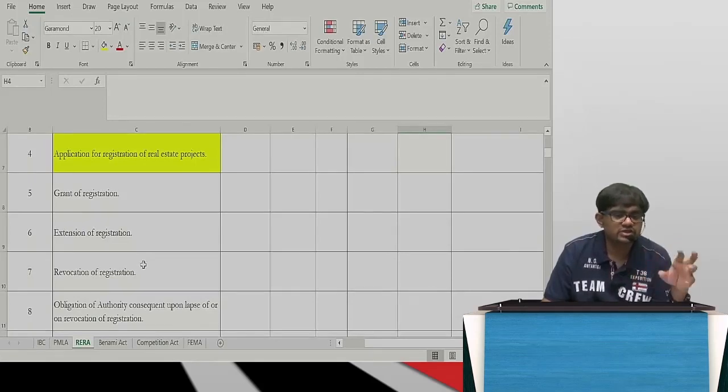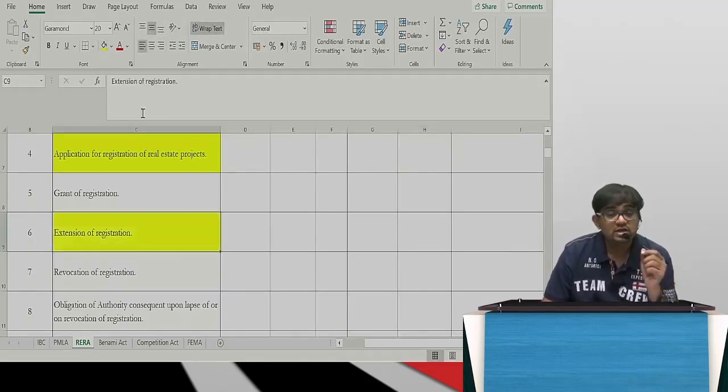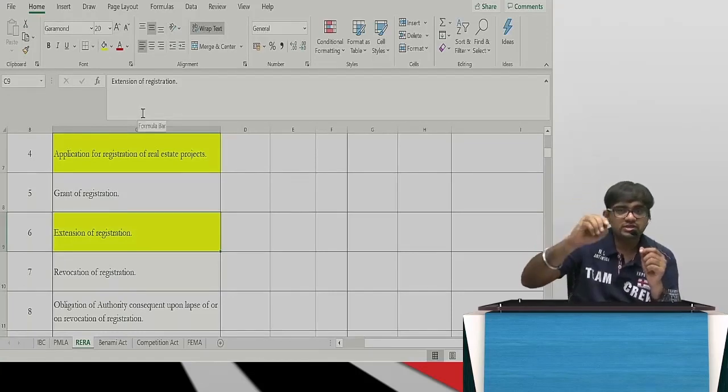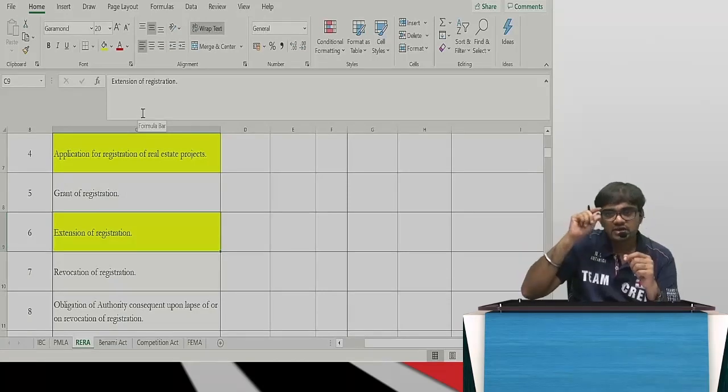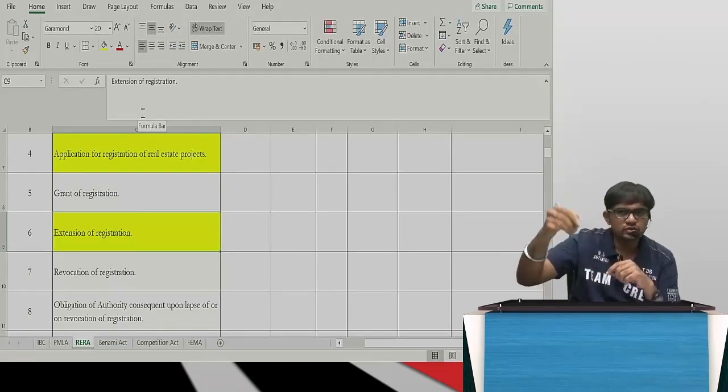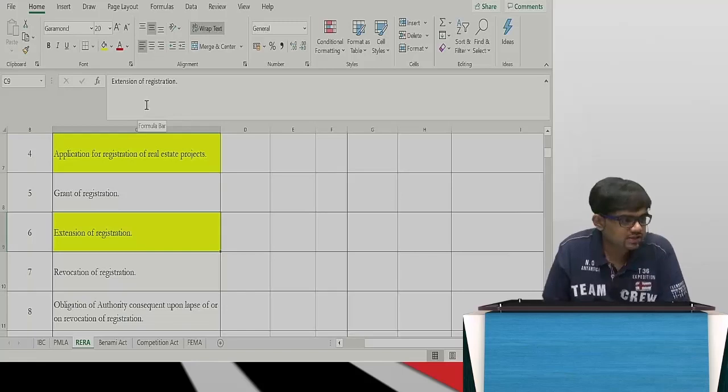You are supposed to register within X time. But force majeure, earthquake, flood, all that happened. So how will I extend? Automatically you will go to 6. You should know this will come under 6. You can mark it, say, okay, this comes under 6, later I will see. While answering, you can answer together, but you should know that, okay, in the mapping, this comes under 6. That's it.